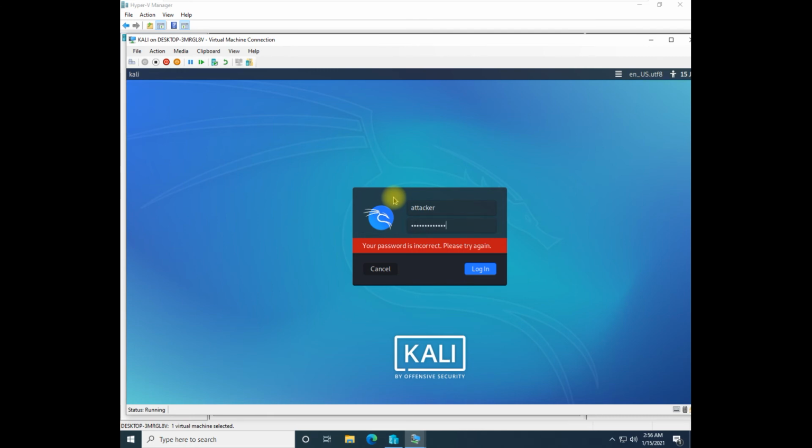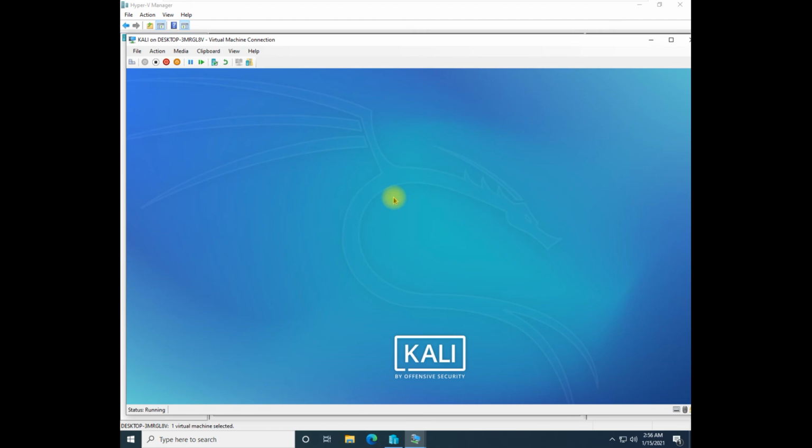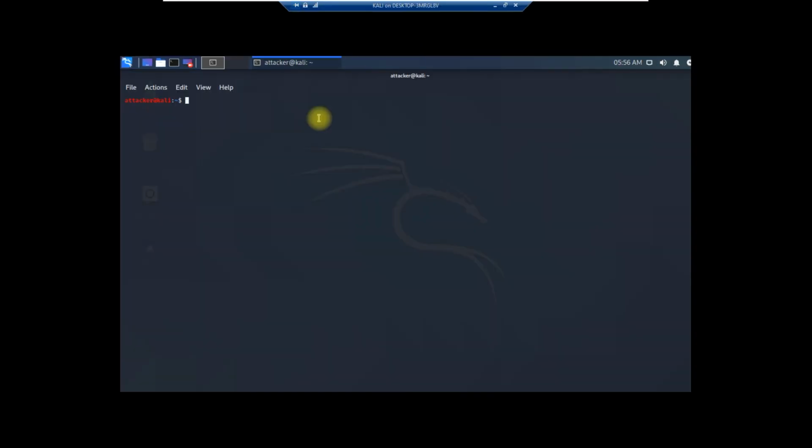For the Kali machine also you have to do the same thing. Once the installation is completed, you simply have to go inside of it and make sure you run the first command, apt-get update.